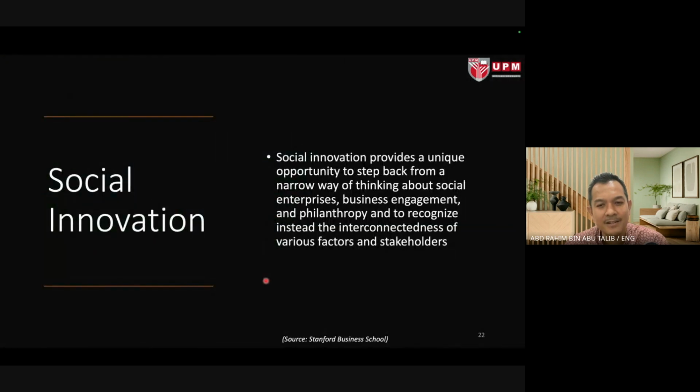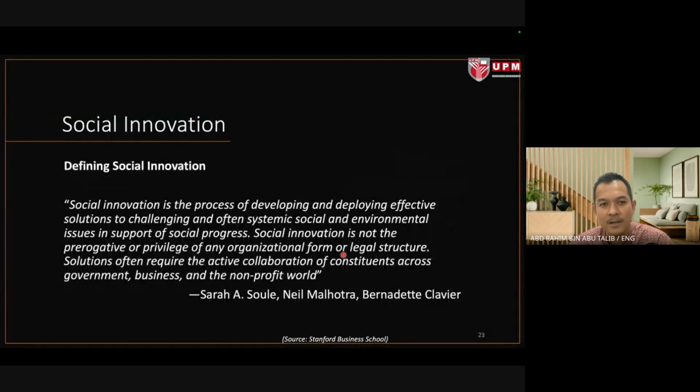Right. From Stanford Business School, this definition from Stanford Business School website, social innovation provides a unique opportunity to step back from narrow way of thinking about social enterprises, doing business engagement and philanthropy, and to recognize instead the interconnectedness of various factors and stakeholders. And that's what social innovation is all about. And further to that,